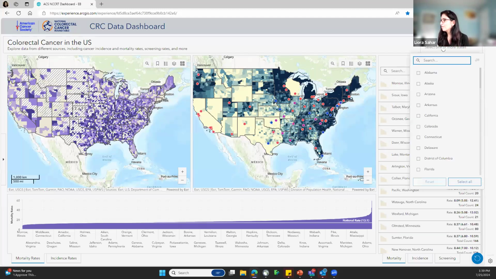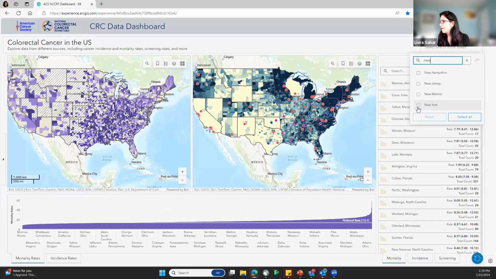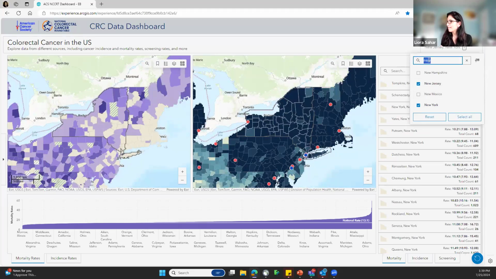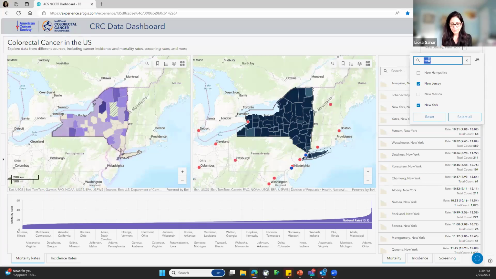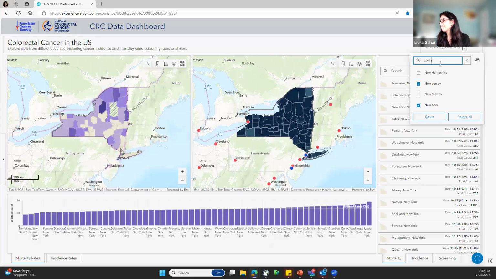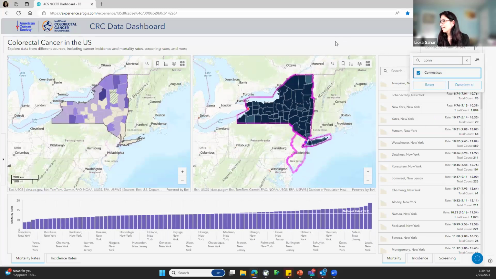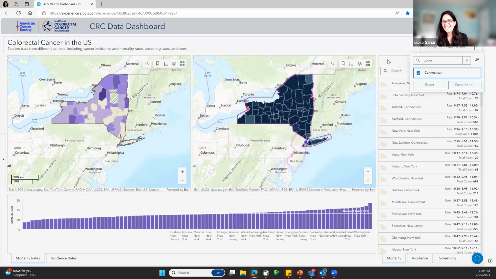Now, when you want to do a selection of the states, so for example, if I'm going to do New York, New Jersey, and then I'm going to add here Connecticut. So, come on. Okay, I'm doing something very risky here with the live demo. So if something doesn't work,